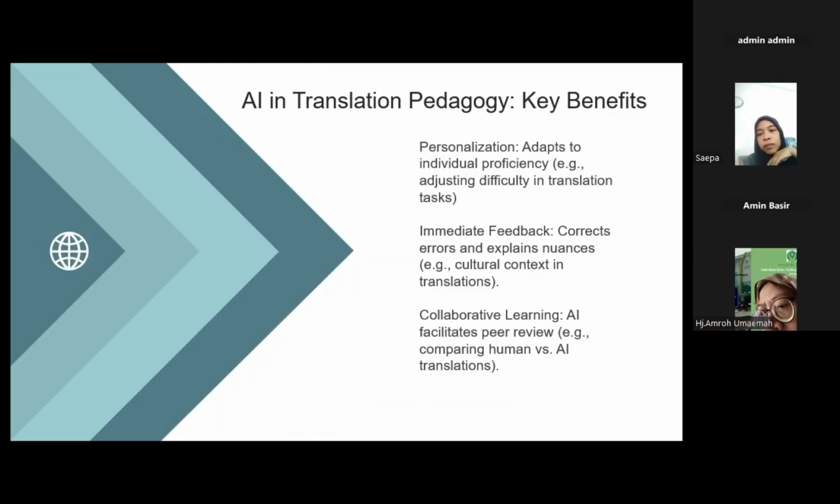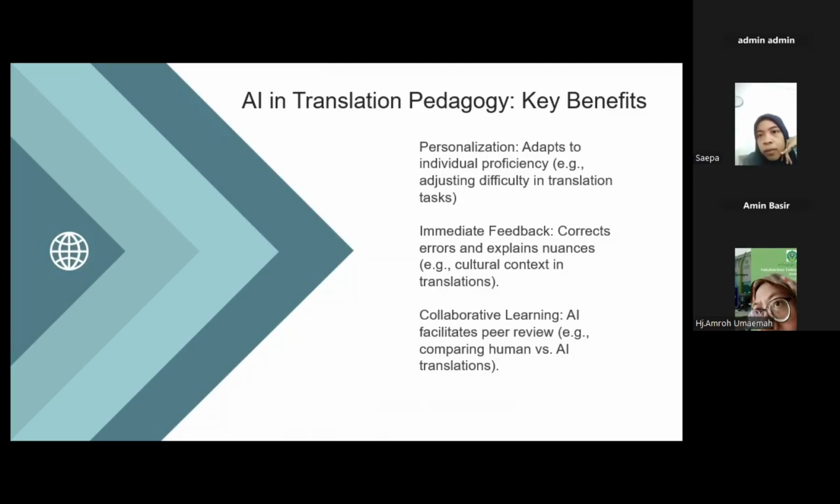And then another example, powder. In Indonesian language, powder can mean bedak, right? But also can mean bubuk. So the context should be identified first. Even in Western culture, white powder is sometimes associated with cocaine, something like that. Yeah, that is something that we have to know the context.